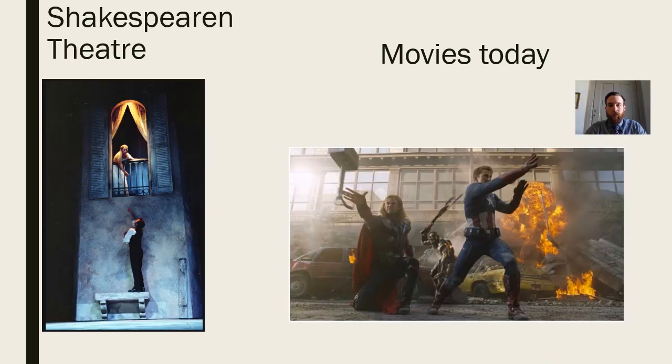And if you just think about it visually, take a look at our scene from Avengers on the right, big explosion in the background. They all have their fancy costumes on. The hammer is floating into Thor's hand. Not really stuff you could pull off in the 1500s. If you take a look at the Shakespearean theater, you could really have someone standing on a bench and looking up at a window. So not as much you could do with all the background stuff. It was really the people and their words that would draw audiences into what they were doing.